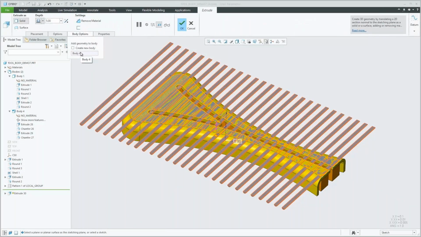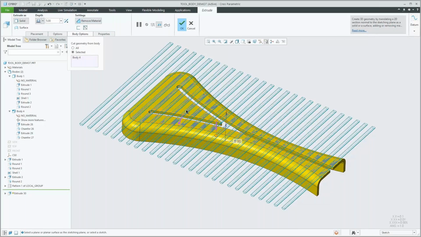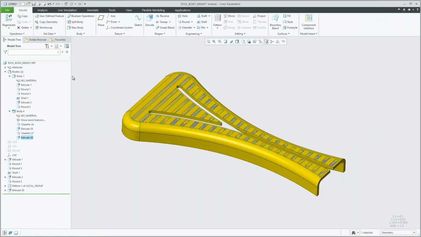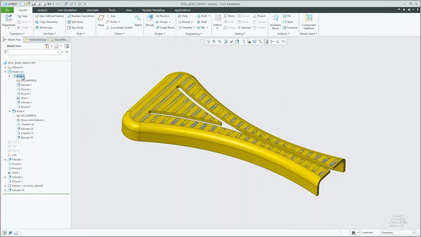So, if you want to add this geometry to body 4, this will list all the bodies you have. So you don't always have to create a new body. You can make a feature and then go into body options and just select the one that you want to add it to. So that's going to be a part of body 4, right? So you've cut that there. And then